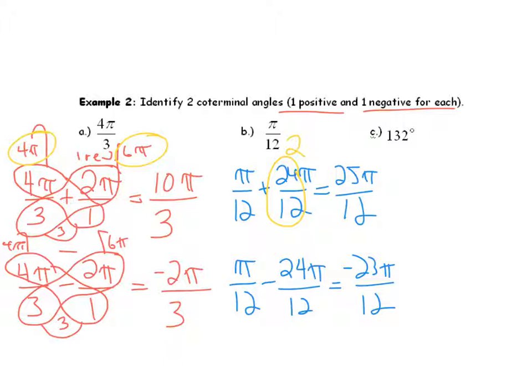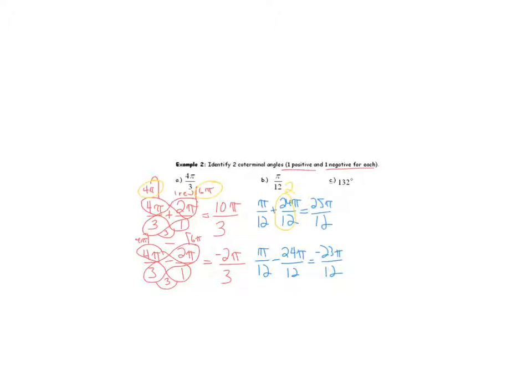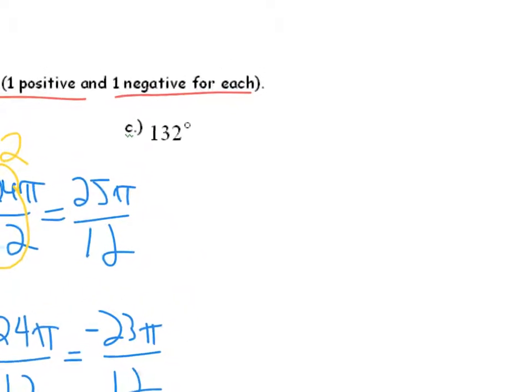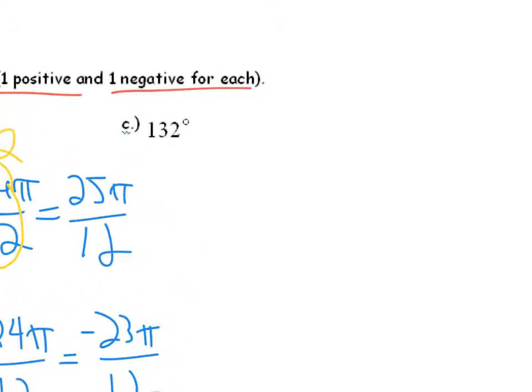Problem number last is part C with regard to this example, and I just did a throwback to degrees. So just to review, I wouldn't be adding or subtracting 2 pi this time around. Remember that to find a coterminal angle, when we're in degrees,